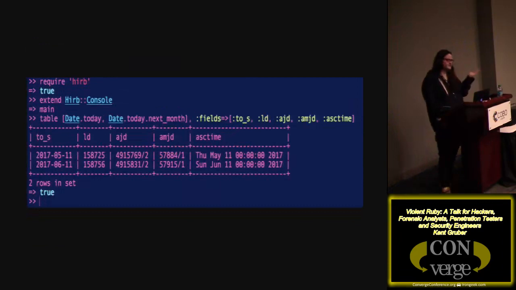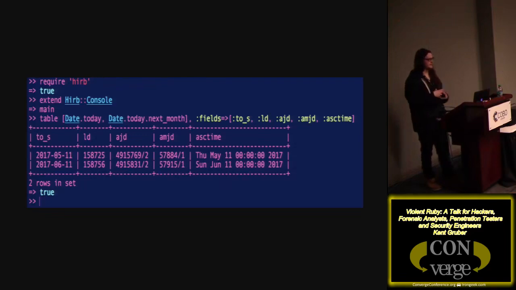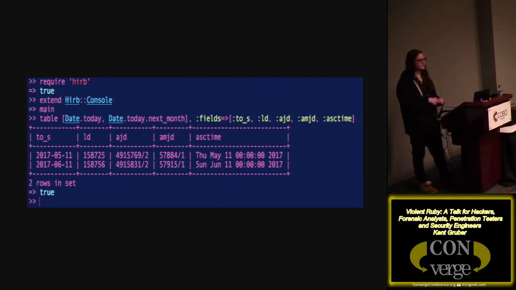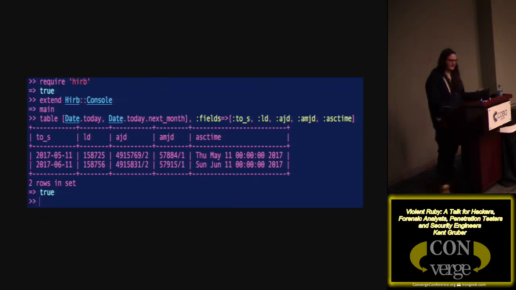You can even do interesting command line things very easily. For example, Hirb is an interesting library where you can do extend Hirb console, and that's basically just going to do a little bit of namespacing, where inside of our context we're going to do a little bit of Hirb magic inside of the library. This isn't the case for all Ruby programs, but it's so flexible. This is how the library author shows you how to use it in the README. So extend Hirb console, and then this table thing, with today's date, next month, and some fields for that table, right? And then it basically makes that.